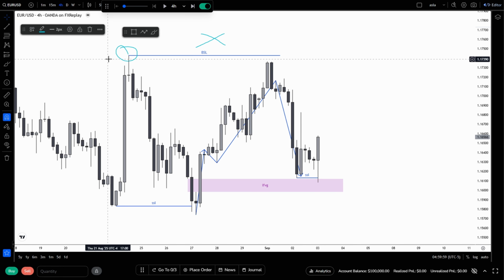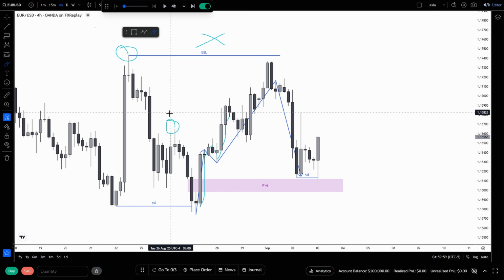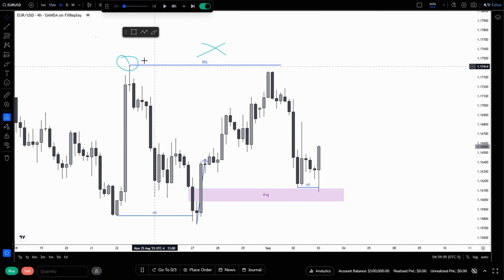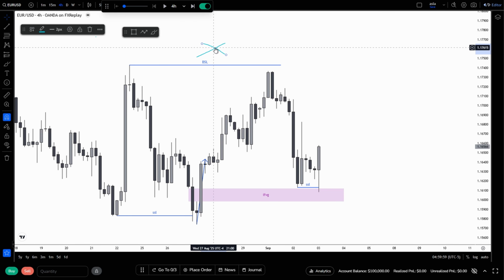Now, in this scenario, what is the low-hanging fruit? This high right here. Does price eventually end up taking that high? Yes, it does. And that is exactly how you use the draw on liquidity. You don't force price to go all the way to the biggest, most obvious level. You align yourself with the direction of the draw and look for the most achievable liquidity target that price is